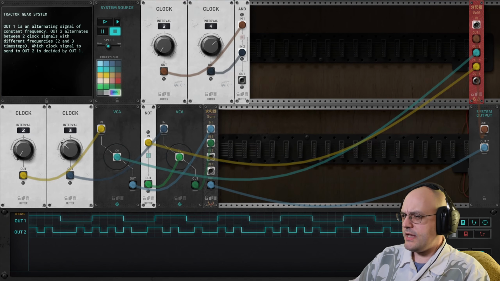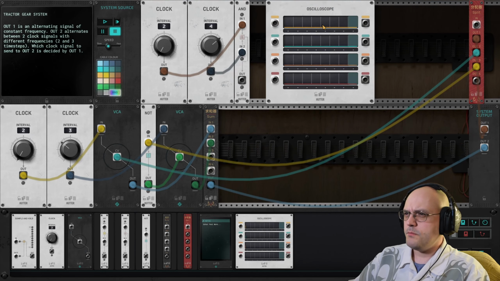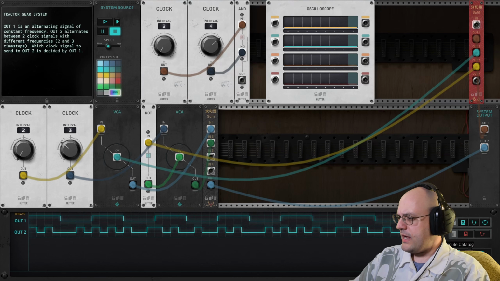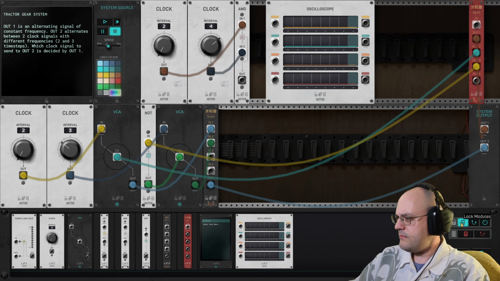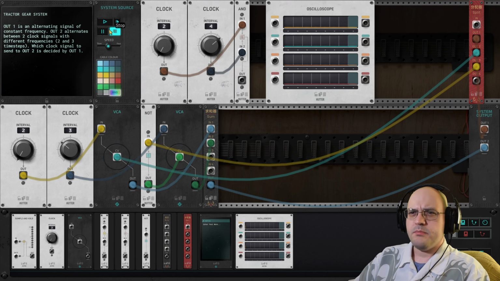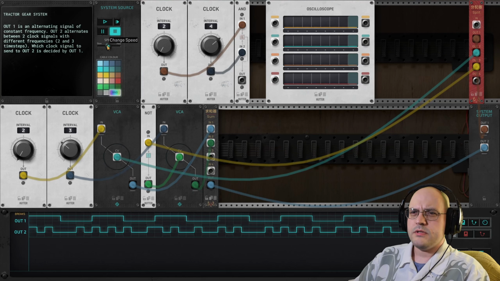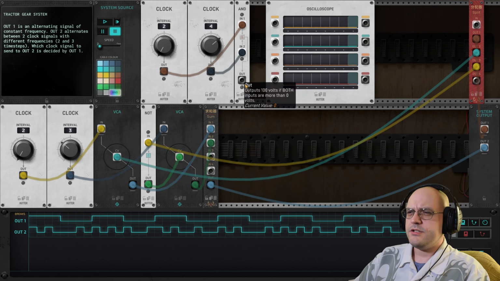So let's get an oscilloscope. And let's just look at some stuff and see what's going on. I wish I could tell it to play but not care about the outputs, because this is going to be complaining. And I don't care. Controls, delete modules, delete cables. No. Okay. Yeah, so turn the speed down and let's just see